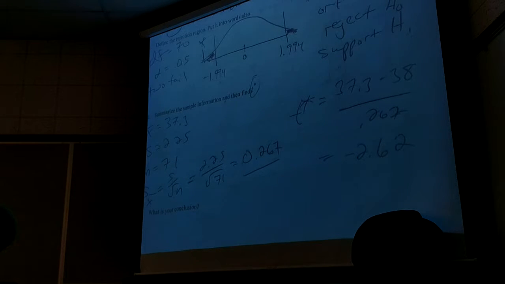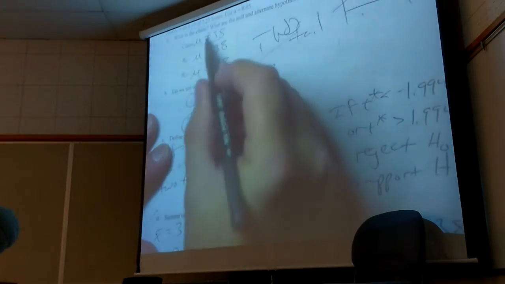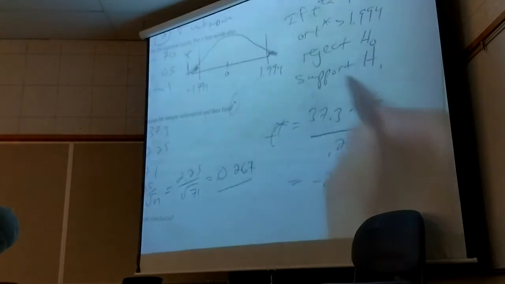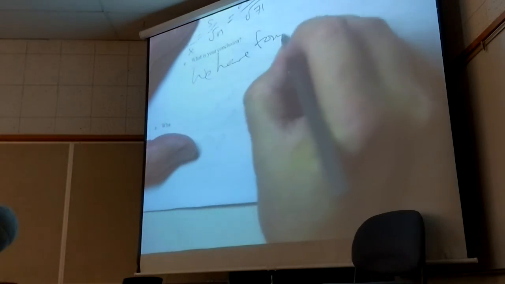If we didn't make it, the conclusion would say we have not found sufficient evidence to blah, blah, blah. We did make it. So we have found sufficient evidence to, and what was the claim? The claim was that it changed, right? So again, we're going to use this language. So we have found sufficient evidence to, how many dots in it? Support the claim